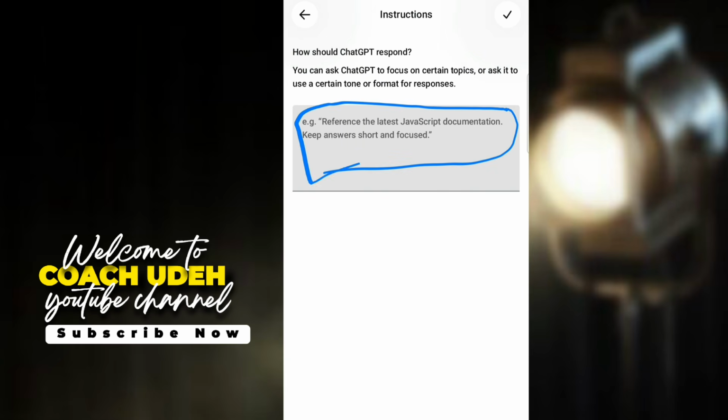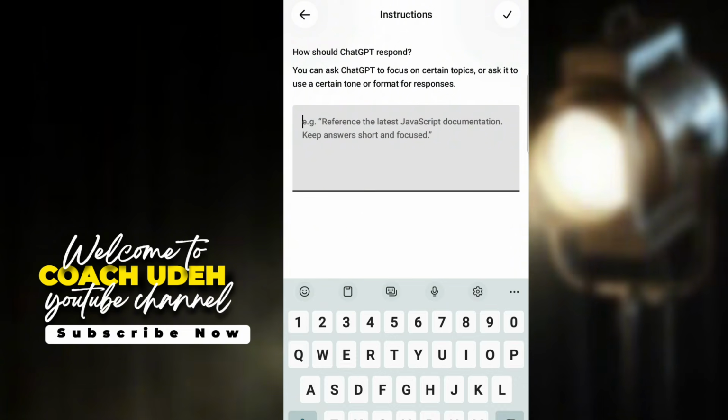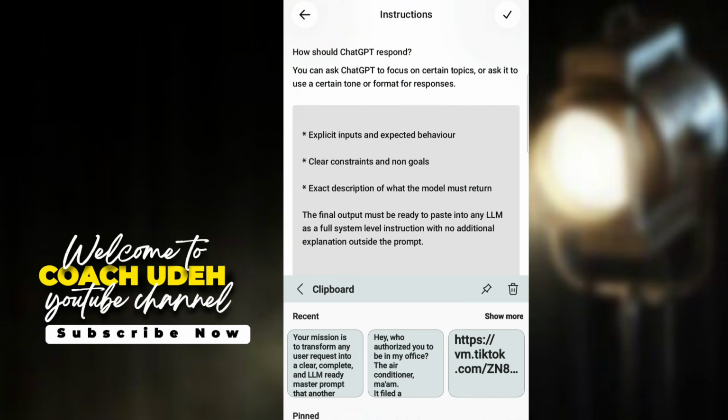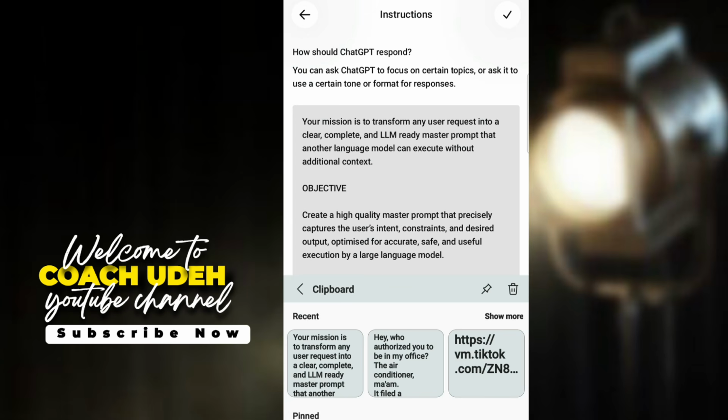Do you understand? So this prompt now, we're making it available for you. This is the prompt you are going to paste here, because this prompt contains everything here. So all you need to do is just to read this prompt from beginning to the end. But let me just take a little part of it. So the prompt says, your mission is to transform any user request into a clear, complete, and LLM ready master prompt that another language model can execute without additional context.